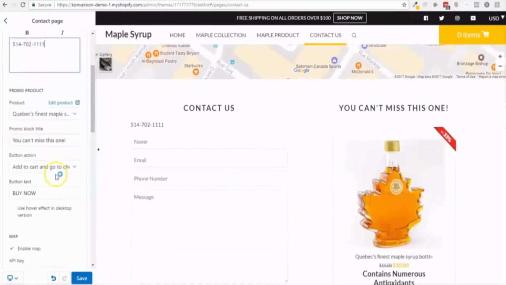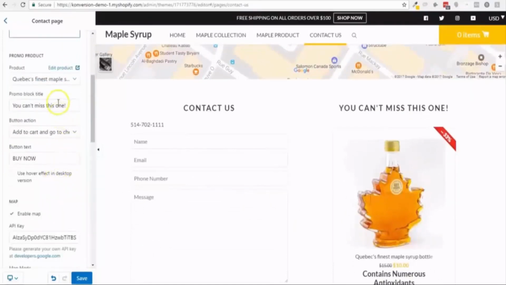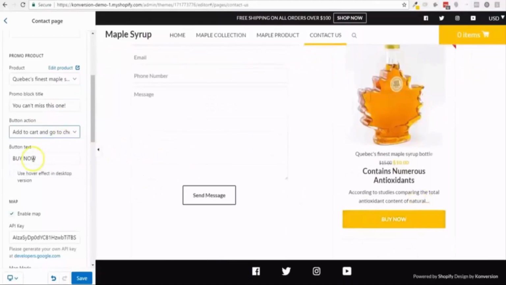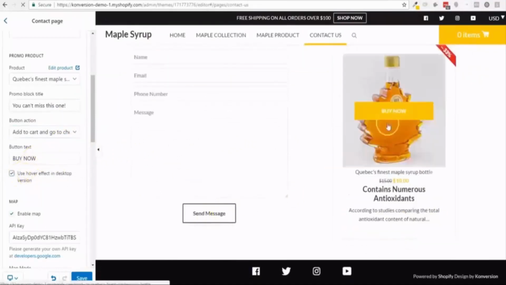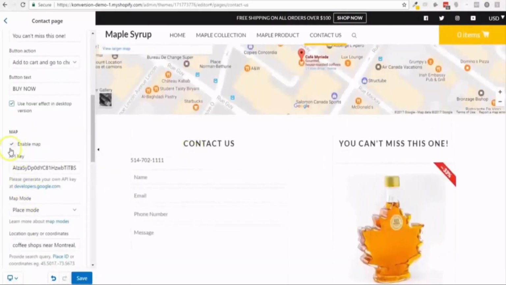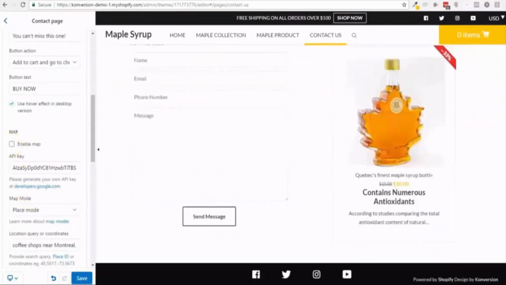This is an option that we added because we really like it. You can edit the title. You can decide where you want to redirect your customer after they click the buy now. You can also hide this button and only show it on hover of the main image, I mean the product image. You can also enable or not the map,